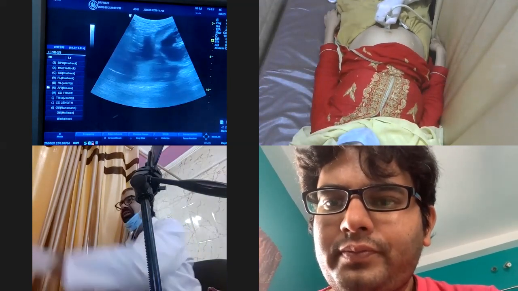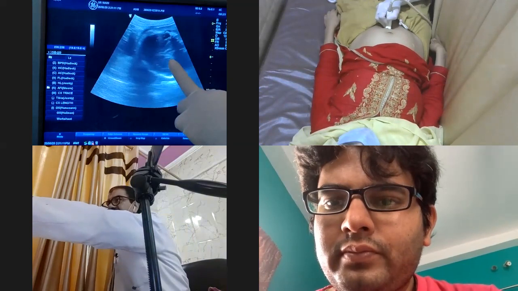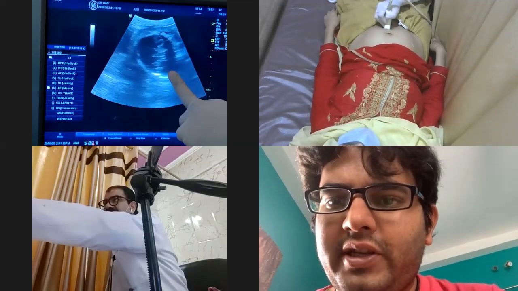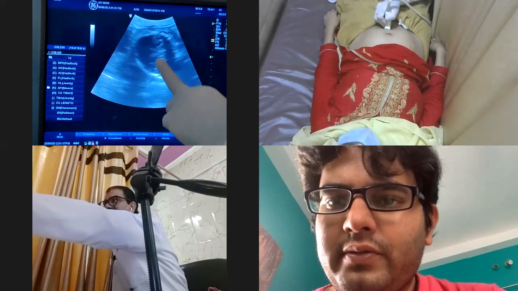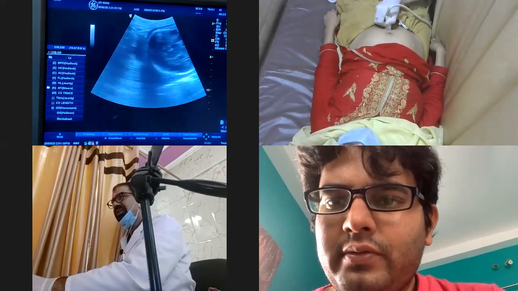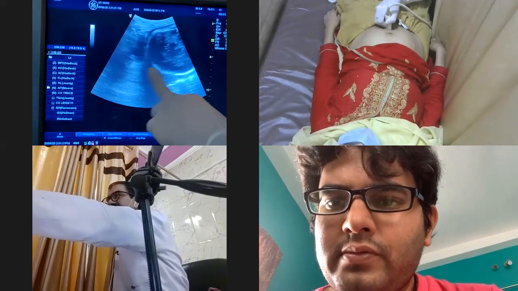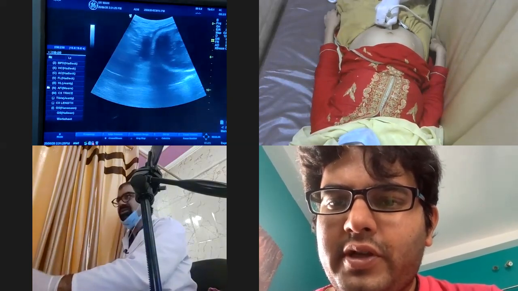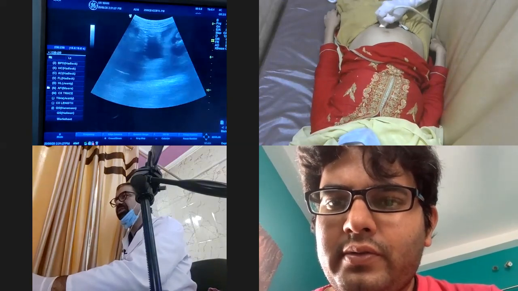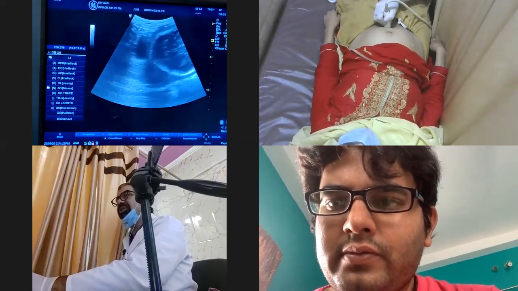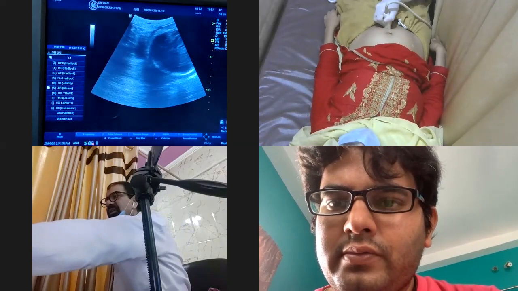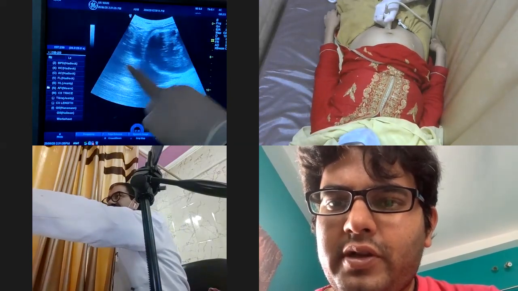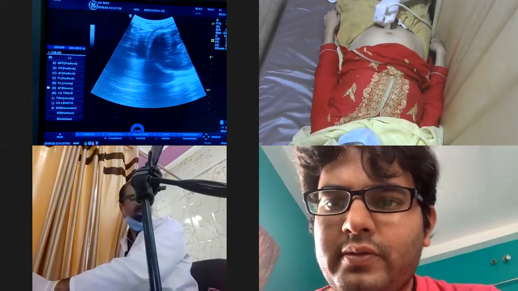Now see, this is the fetal ultrasound right now. The fetal head is over here. Can you see? Yes, sir. So this is the fetal head over here. I showed you the cervix in a non-gravid uterus. Now see the cervix in a gravid uterus. This is the cervix over here. I will zoom in on the cervix. You'll see the cervix in a gravid now. This is the cervix. The fetal head is here.